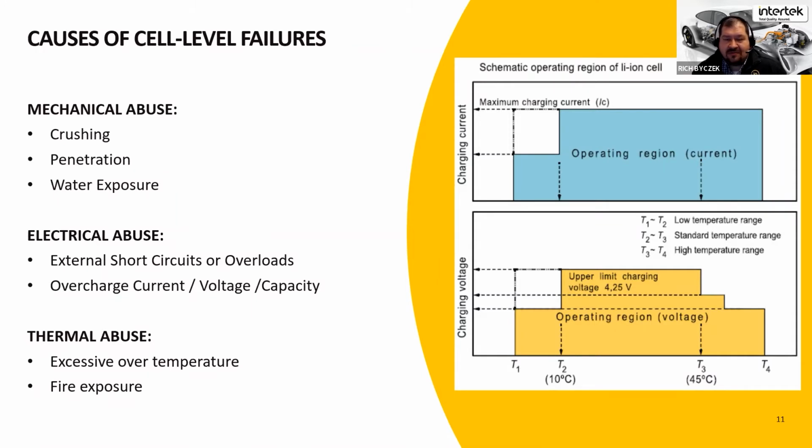So even within a full battery pack, if the main terminals are protected enough from a water event, if you were to flood the vehicle or it's in a rainstorm, individual cells inside the battery pack, if enough moisture built up in there or condensed inside the battery pack, you could cause a short circuit across the terminals of individual cells. Electrical abuse, I mentioned overcharging, potential short circuits. Short circuits aren't always just shorting the positive and negative terminals together of the battery with an external source like we do in transportation.